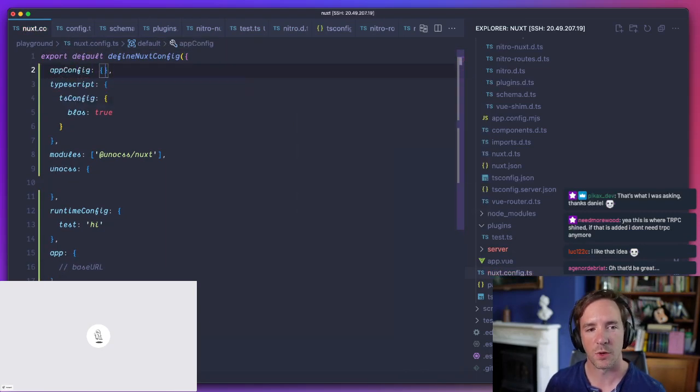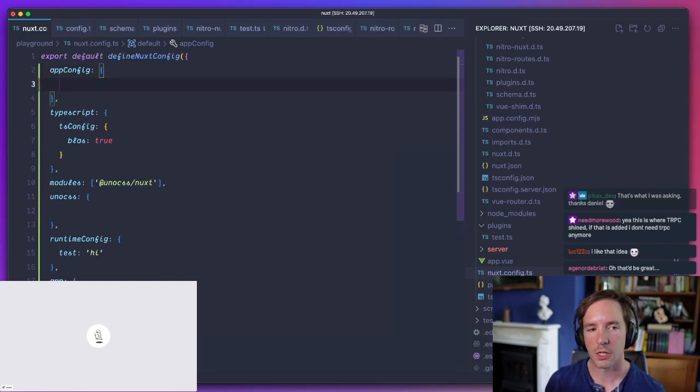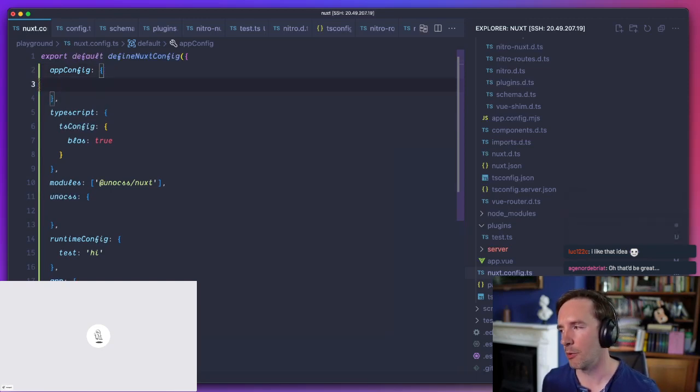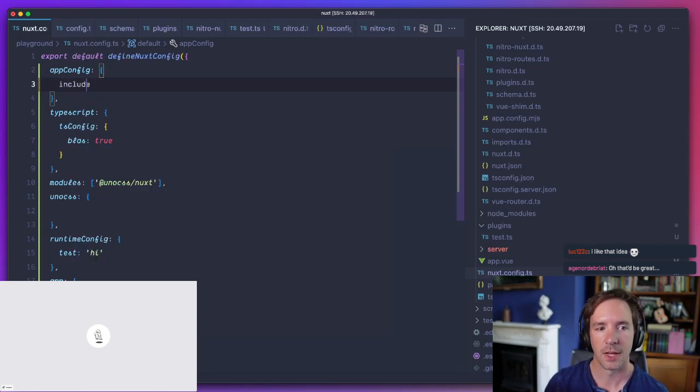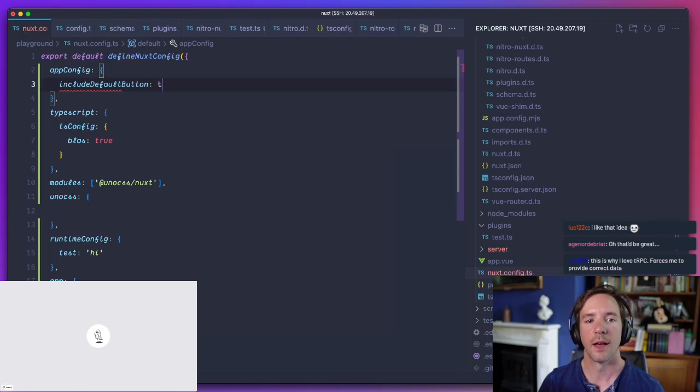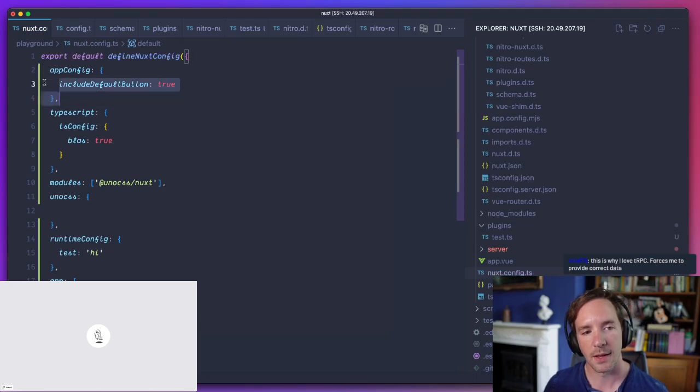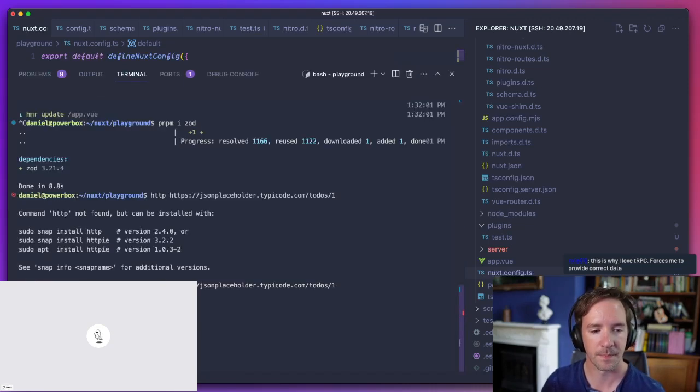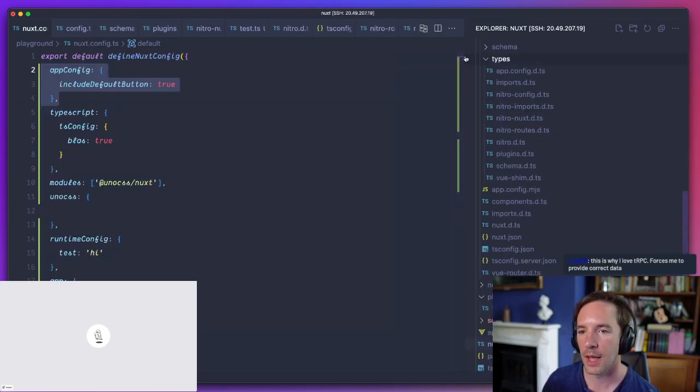App config is bundled in your app, so you would use it to maybe configure a UI library that you have, and you could say include default button, that kind of thing, and then a UI library might use that to do something different. It's because it's build-time bundled. It's not like runtime config. It's a different kind. And if you have something like that, that then gets typed for you as well.